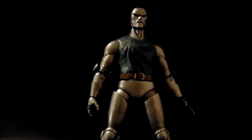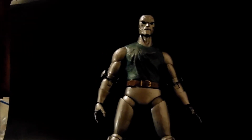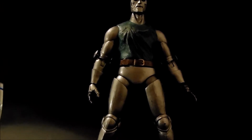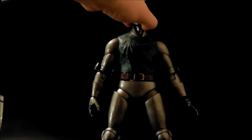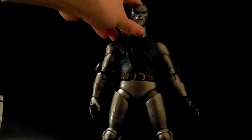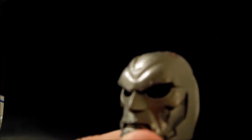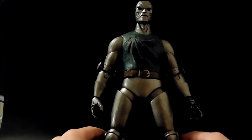Alright, so this is the Marvel Legends icons Dr. Doom. Pretty much all I did is took off this cloth hood and the tunic part, and then I painted the eyes black. I removed the mask and painted the eyes black. I don't think I left it removable. But, so you can see, there's a little white dot in there to make it look a little robotic. And that's because he's supposed to be a giant Doombot